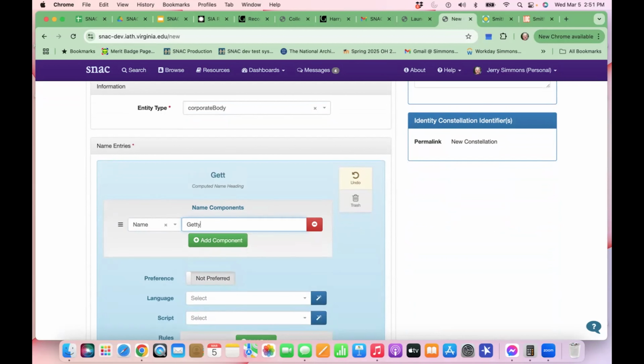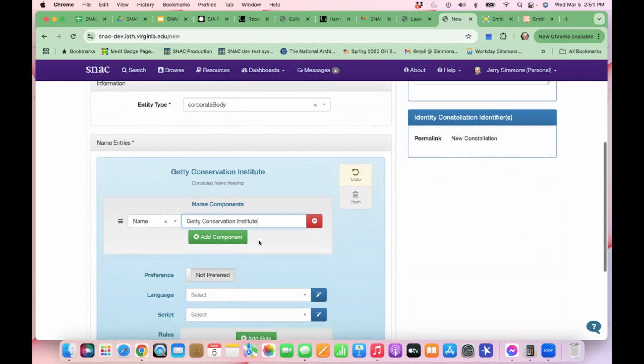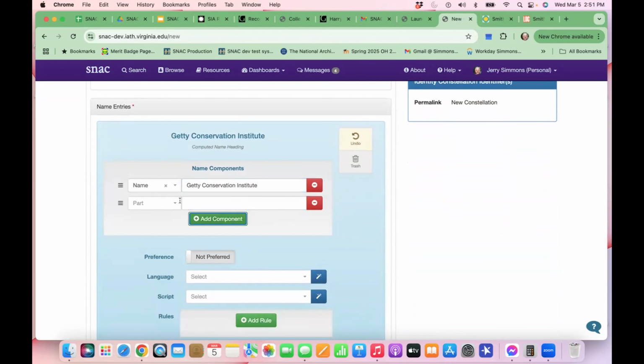I've been doing this a bit, so it's got some stuff already here. Conservation Institute. And then add component, subdivision name. You have to scroll down a little bit in your component parts here. It's at the bottom, subdivision name, Field Projects